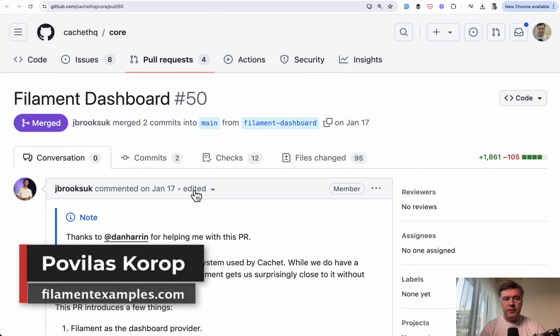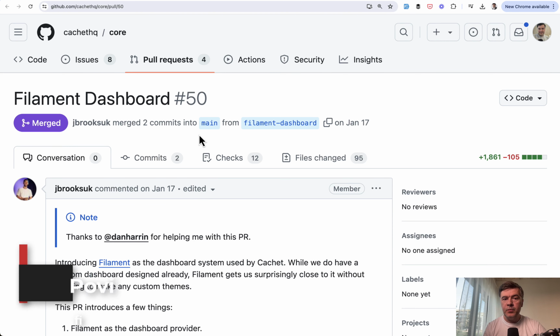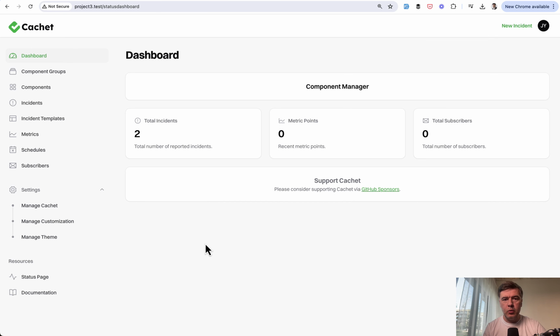We continue our review of Filament Dashboard in the Cachet project by James Brook, and the topic of today is dashboard widgets. This will be a pretty quick video. I want to emphasize that the dashboard is not just about metrics and charts and numbers, but you can also add any widget with any text like this or like this one, and this is done in two places by